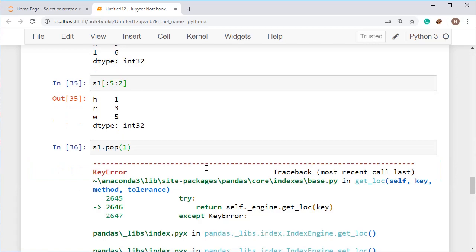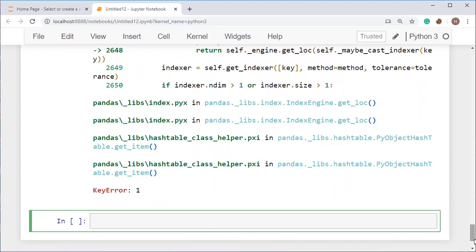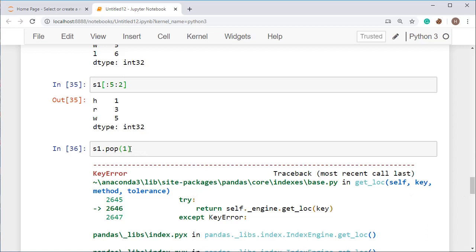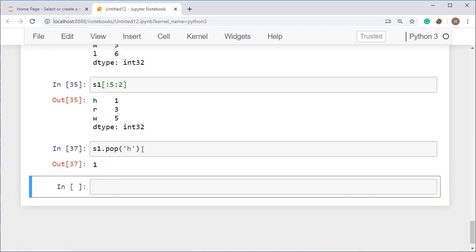This one is showing an error, KeyError equal to 1. So just pass the index. This one has popped out the element from S1.